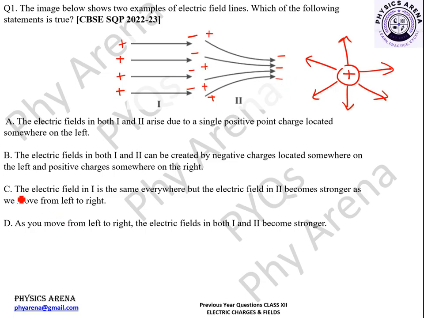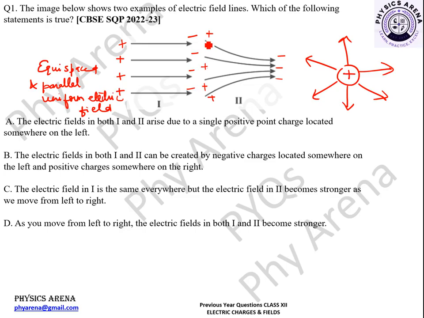Let's take statement C. The electric field in first is the same everywhere, but the electric field in second becomes stronger as we move from left to right. So these are the field lines which are equispaced and parallel. So equispaced and parallel, they represent uniform electric field. So this is true. And in this case, the field lines are not parallel, but they are dense towards the